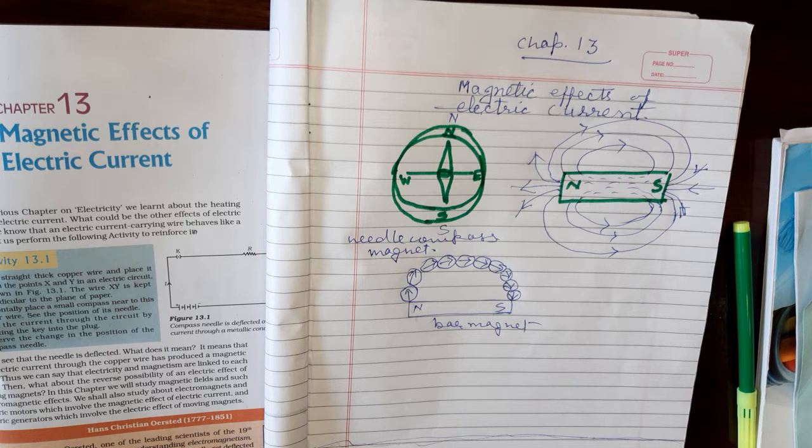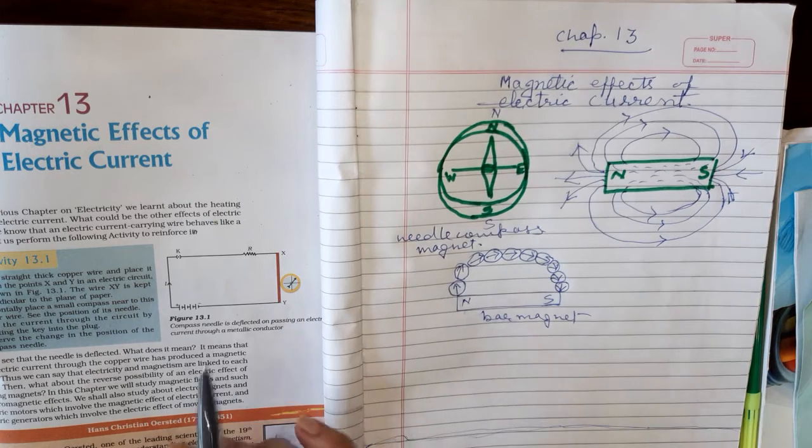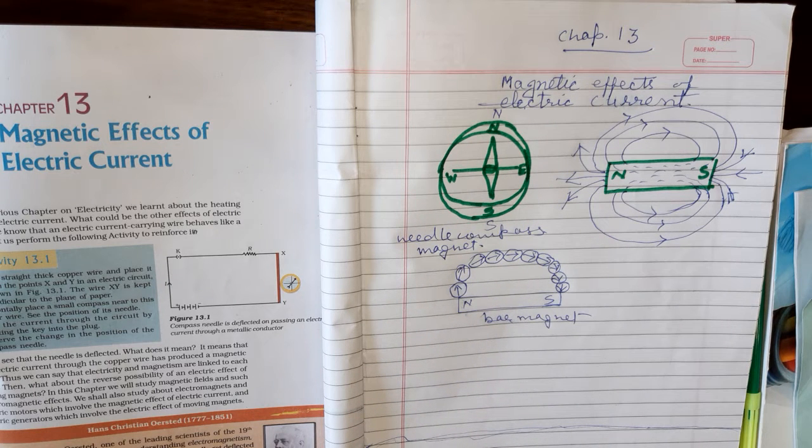The magnetic effect of electric current was first observed by the scientist Ørsted. He played a very big and significant role for electromagnetism. Actually, while he was a professor taking a physics class, he accidentally observed that a current carrying conductor, a current carrying wire, shows a deflection in the magnetic needle compass.